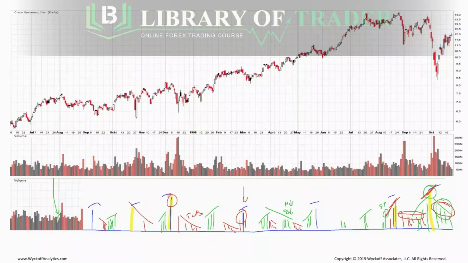Well, let's go through our exercise and let's see what kind of mistakes we've made. All right, so we said that pockets like this where we're going to have the undercutting of the support or overcoming of the resistance are usually going to have those pockets of volatility where the volume is going to increase. These are the pockets that are going to be